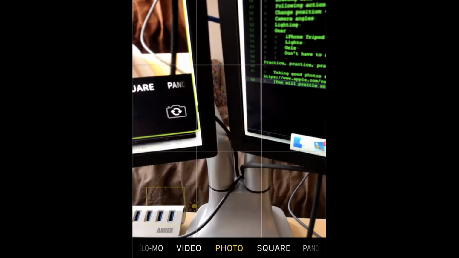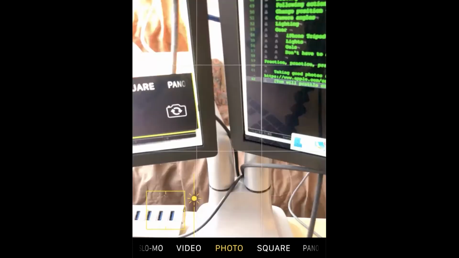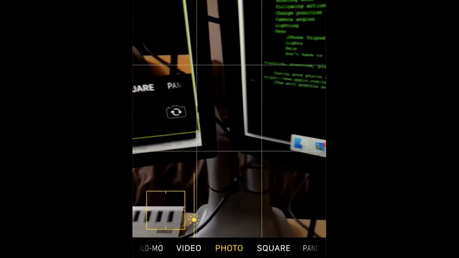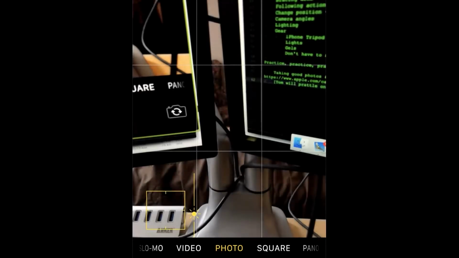Now, what's really interesting is if I click on it and drag, sorry, you have to click, and then this little sun, you can bring it up to brighten it or down to darken it. And that's very, very useful. So if you're trying to get a certain look, you have a lot of leeway right here to do that while you're taking the picture. And I find that whenever you are in the action of taking a picture, if you can get the photo you're looking for in the camera while you're doing it, that's really great. But I think that's a little dark.